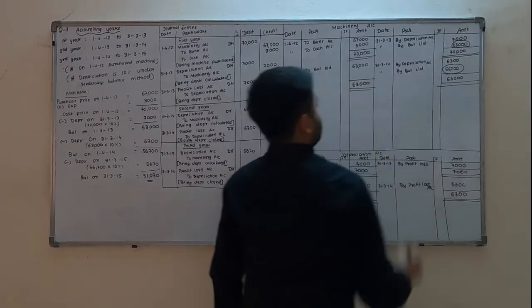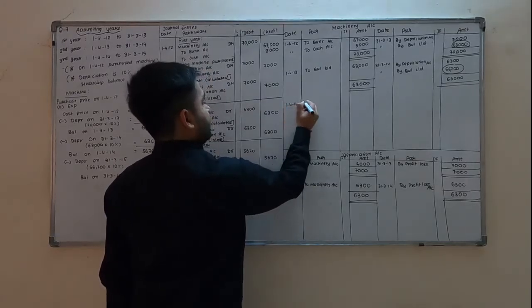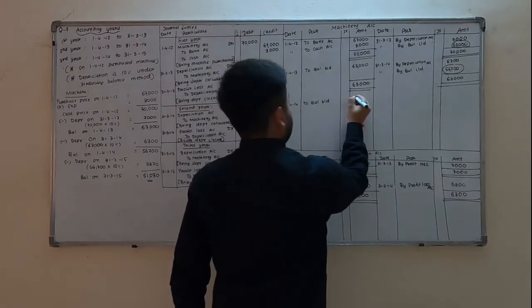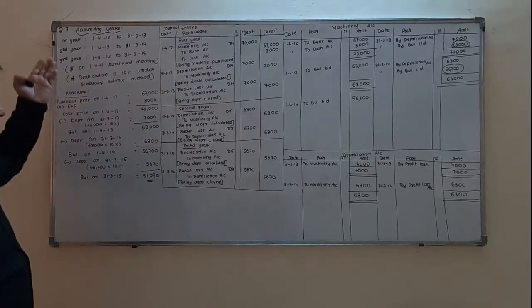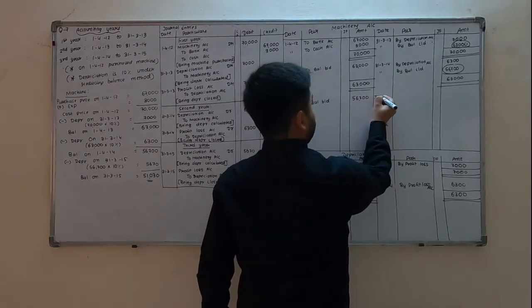By balance carried down. Again on the third year, 1/4/14, balance brought down 56,700. Again in the third year also, machinery is not sold, simply depreciation is calculated. So on